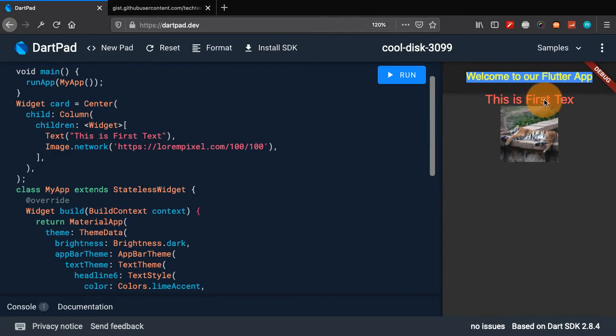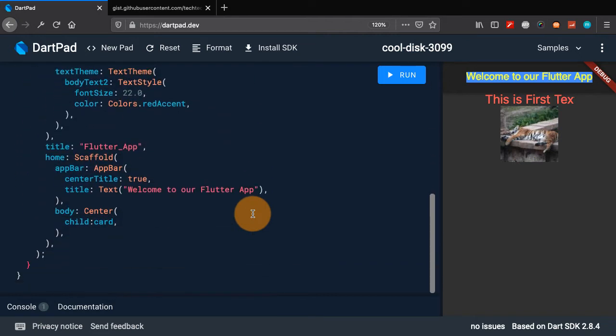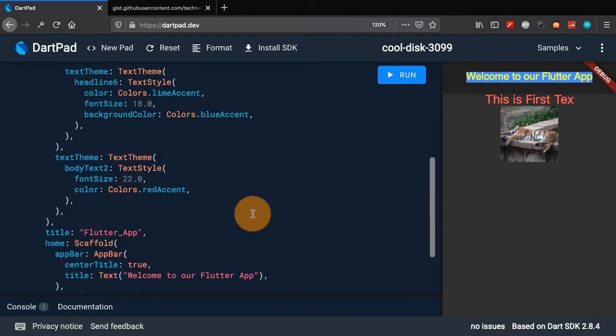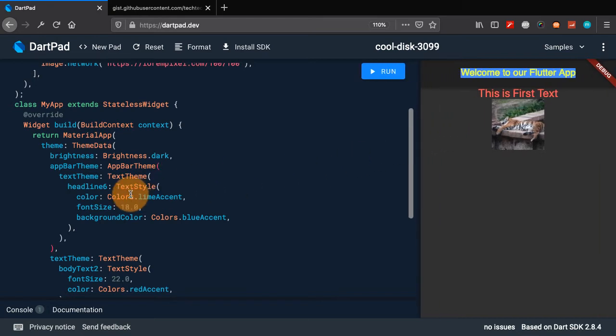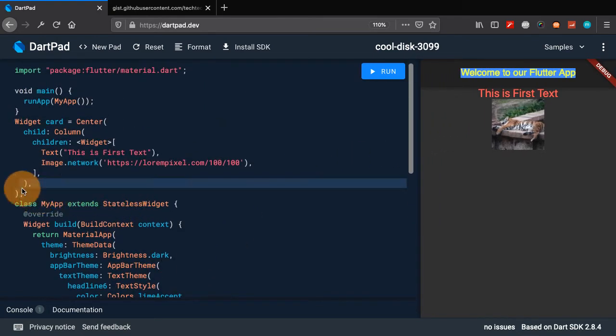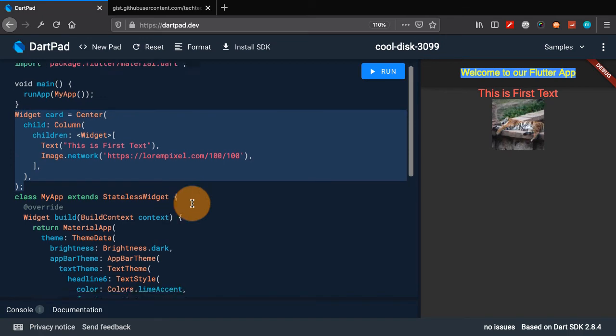So you see, this is first text and then we see the tiger image. Furthermore, let me do one more thing, and the font size, I think, yeah, now it's fine. We can see the complete text. Previously we were not able to see the complete text. Okay, so this is the one widget we have created, but if we want to use it multiple times inside